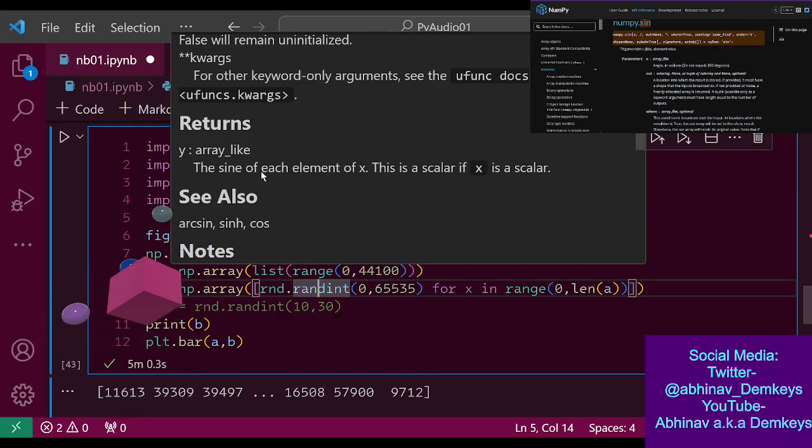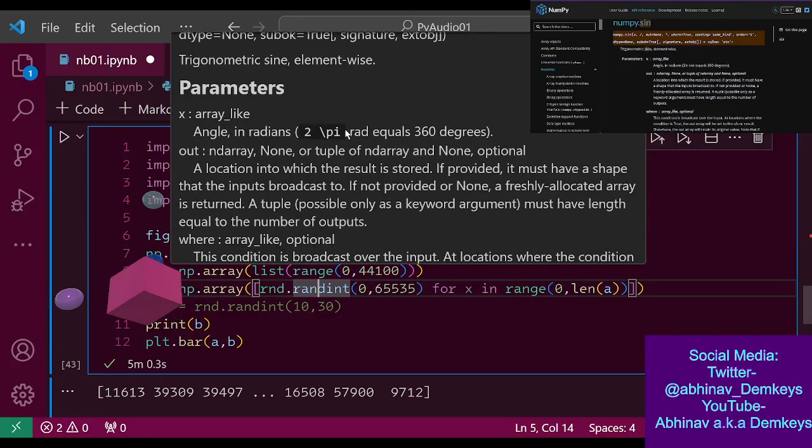This is a scalar if x is a scalar. So it returns an array containing all of the sine values. Okay, all right. So that's basically what I'm looking for, because I'm trying to get wave amplitudes in an array, and I'm guessing that's what this is going to be returning.